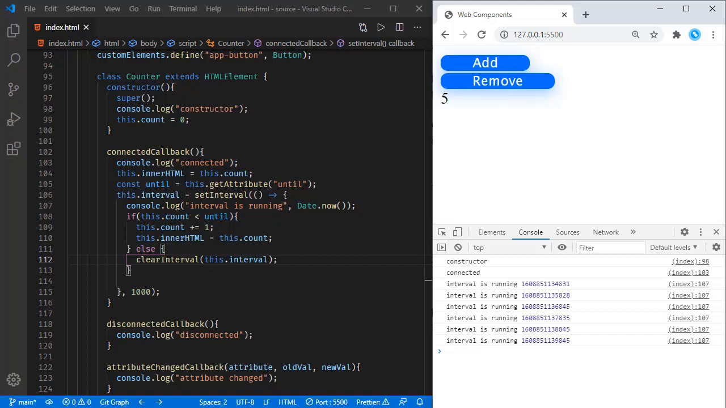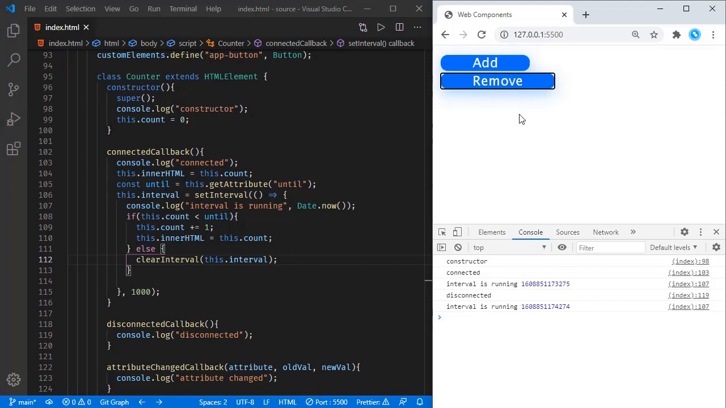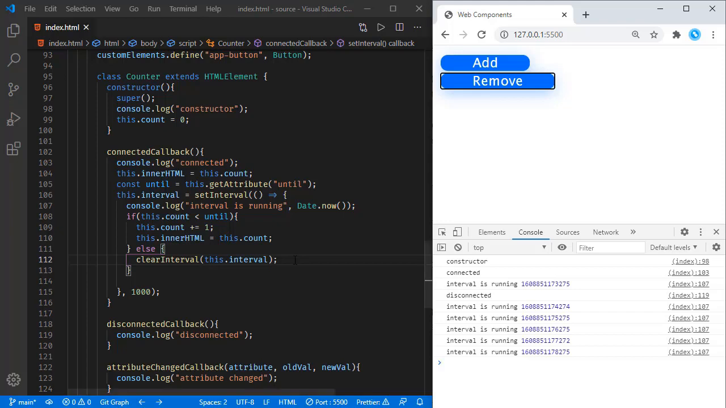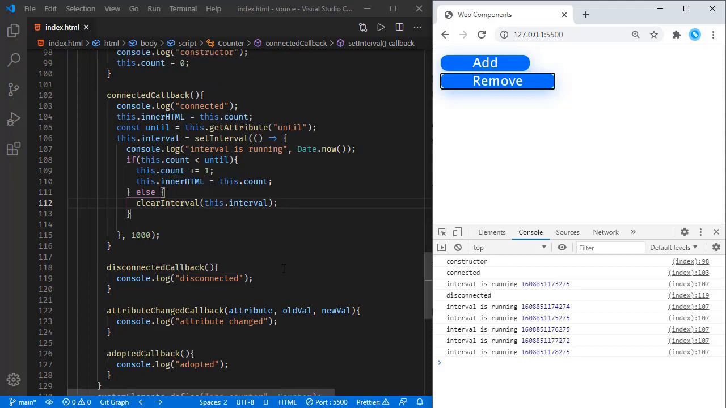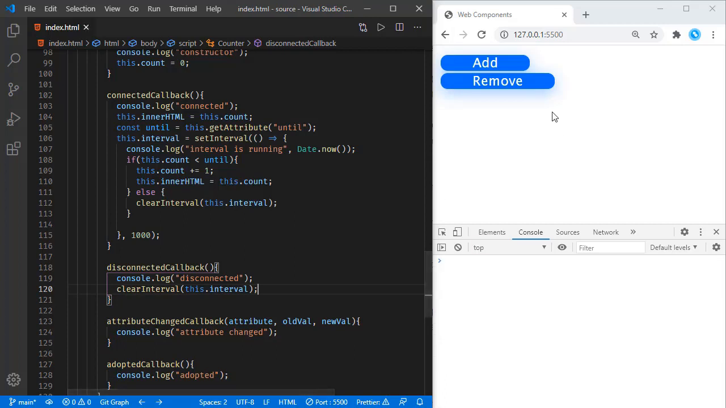Now let's do one more thing here, refreshing the page, adding a counter and clicking remove. Now we can see this, even though the element is gone, we are still seeing this interval is running. So if our component is not visible, then it shouldn't be using the resources. So we can use this disconnected callback to clear the resources. So we will run clear interval once again right here in the disconnected callback. So saving it, adding the counter and removing it, and we are not seeing this